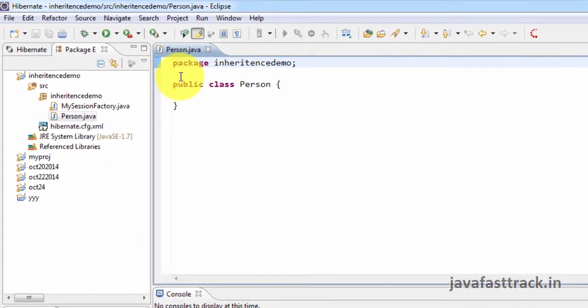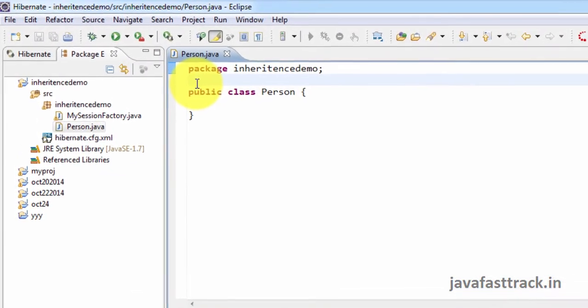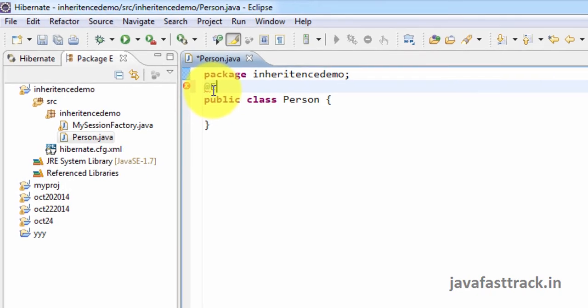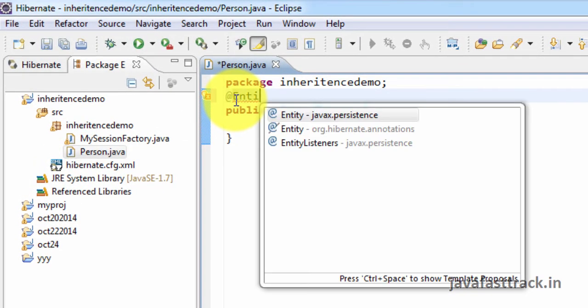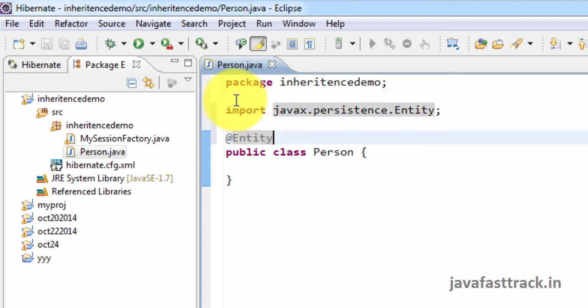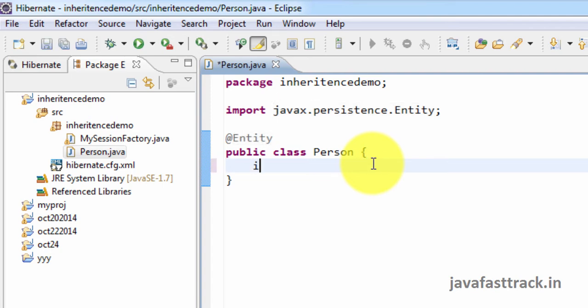So the first program is the person class. You mark it as an entity. Entity is an object which will be persisted in the database. Now we have two fields, person ID and person name.